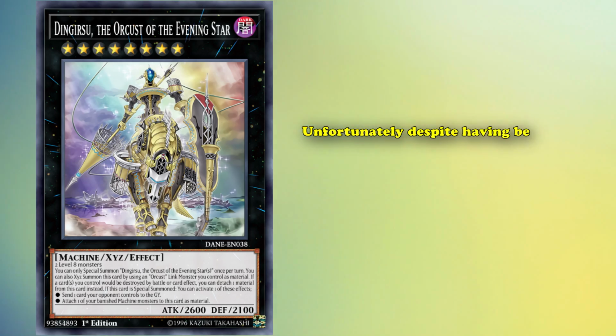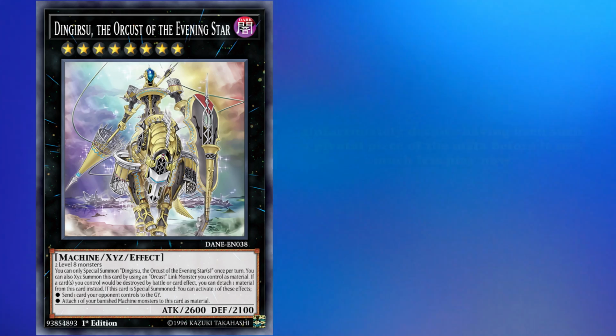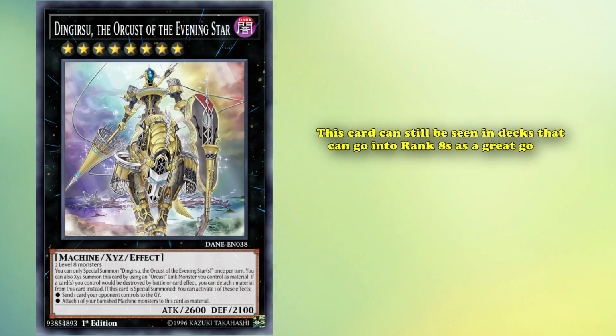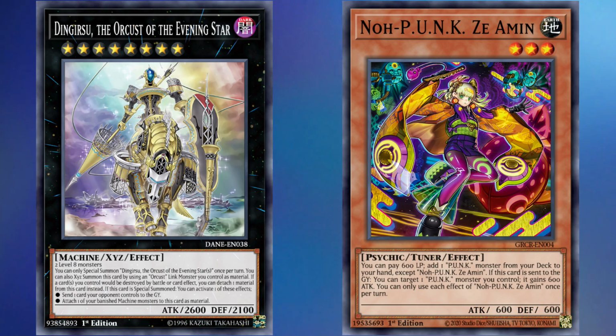Unfortunately, despite having been such a pivotal piece of the meta before, it sees much less play now due to the Orcust combo enabler being banned. Still, this card can still be seen in decks that can go into rank 8s as a great going second option. The Punk engine, before a lot of its pieces got banned, saw a lot of play with this card